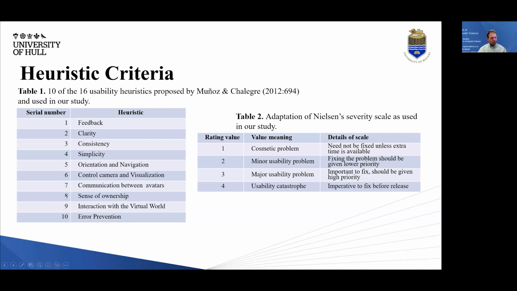And so we've got these 10 primary heuristics, adapted from Nielsen's scale, to look at the potential acceptability of these different heuristics. So again, how good the systems are in terms of feedback, clarity of use, consistency of use, etc. And then in terms of rating value, were these things purely cosmetic problems, or do they go right through to a rating of 4, something that would be very problematic for users? So a usability catastrophe, as it was phrased.